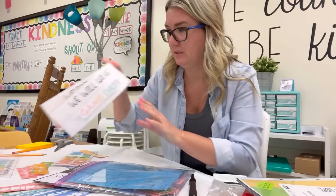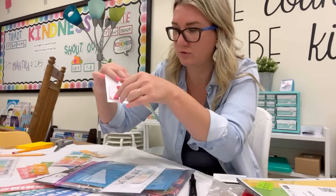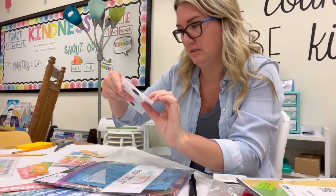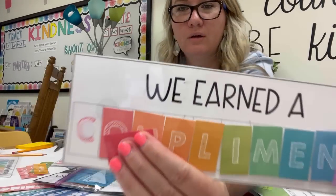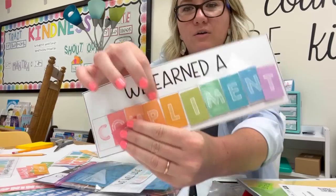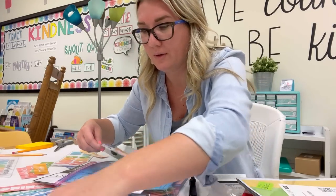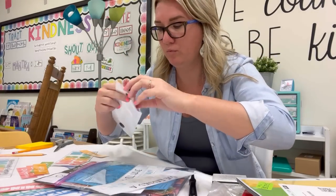Another quote. Here's the compliment thing. I told you I had all of these made already. This did get kind of nasty, so I am gonna replace it. I'm glad I laminated and cut the other one. Can't really tell, but Expo marker just got all over it. You know, things just happen. So I will replace it with the new one, and I'll hopefully be able to move